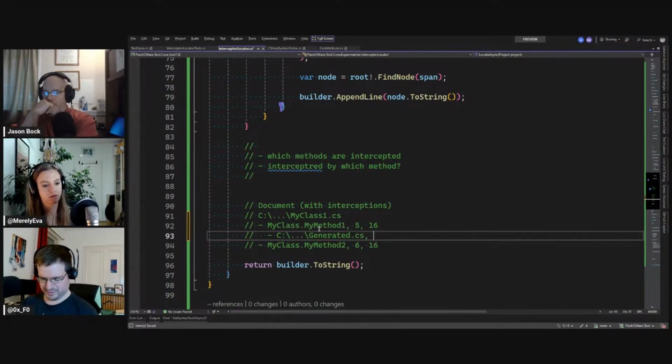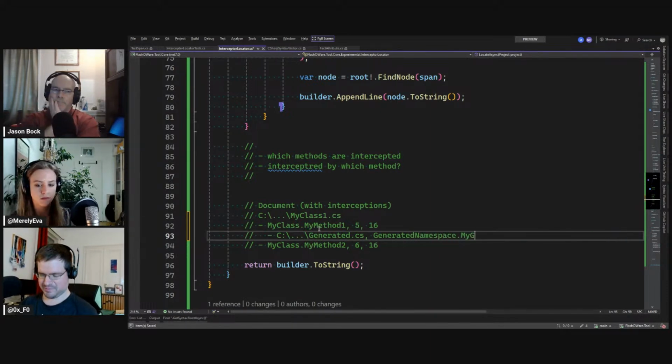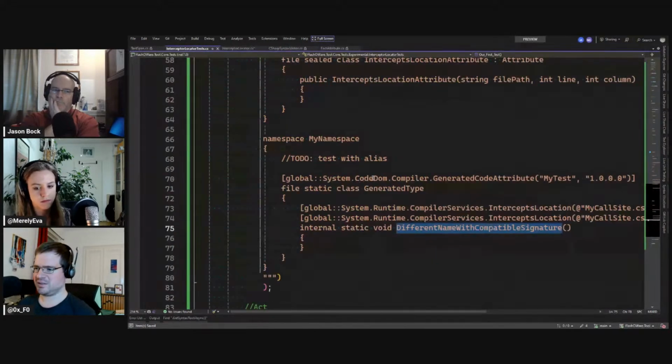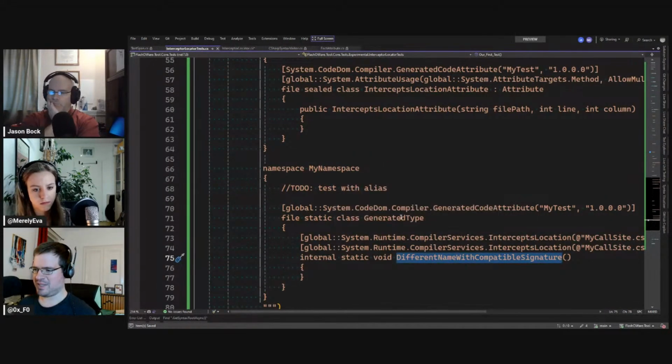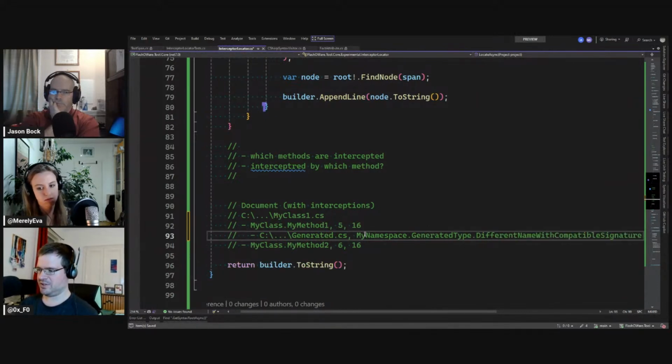I think it's the generated namespace, however we called it. How did we call it? My namespace, generated type, dot a different name with a compatible signature.